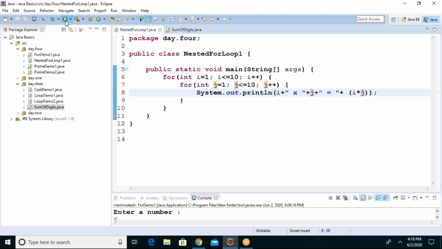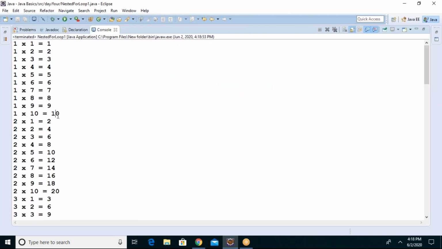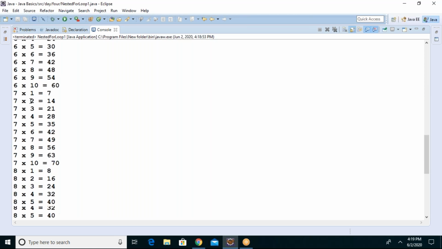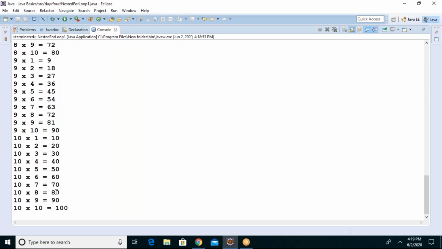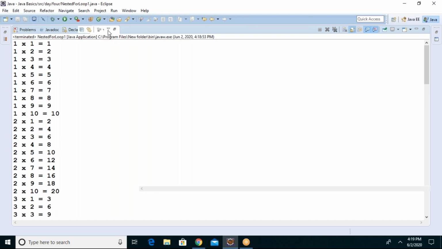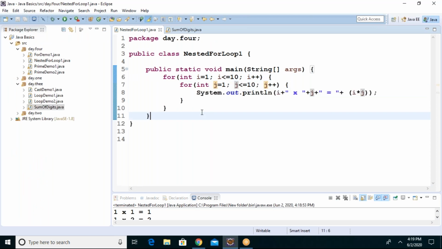Now you can see the output, the same 1 to 10 tables you will get. First table ended, second table started, second table ended, third started. Every table 10 times 10 is 100. Understood, guys? Everybody understood? Very simple code, and it is printing multiple tables.